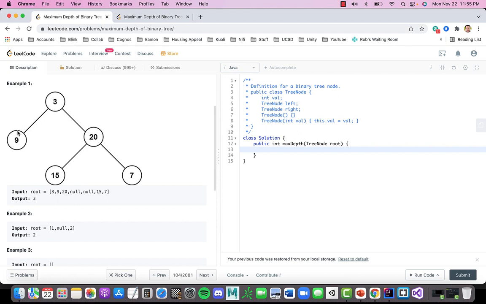go to the left, we only have one node. But if we go to the right, we have 1 and 2, either by taking the 15 or the 7. So the output is 3: 1, 2, 3. And actually, to read this initial tree, we have 3, 9, 20, and the two nulls signify that there's no left or right branch on the 9, and the 15 and the 7 are the left and right branch of